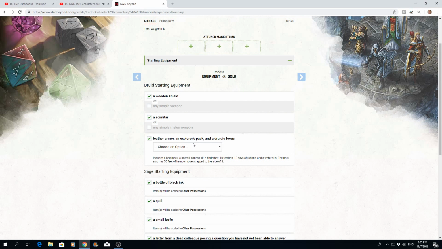Okay, now I need to select some armor. Now remember, can't wear anything that is made of metal. And I also get to select a Druidic focus. So I'm going to start with leather armor, an explorer's pack, and a focus. Now I get to,